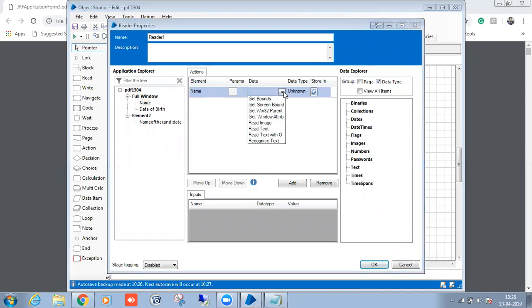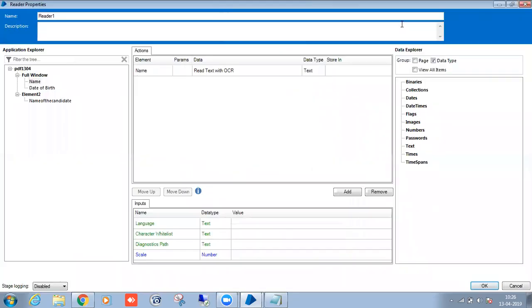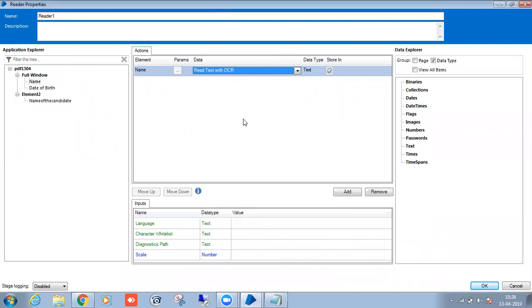Name. See here, read text with OCR. This is a very important question in the interview. They will ask you what is the OCR, and where it will be used. We use it in surface automation. So we will use the OCR technique. OCR is nothing but optical character recognition. Image to text conversion, where we take the images and convert them to text.